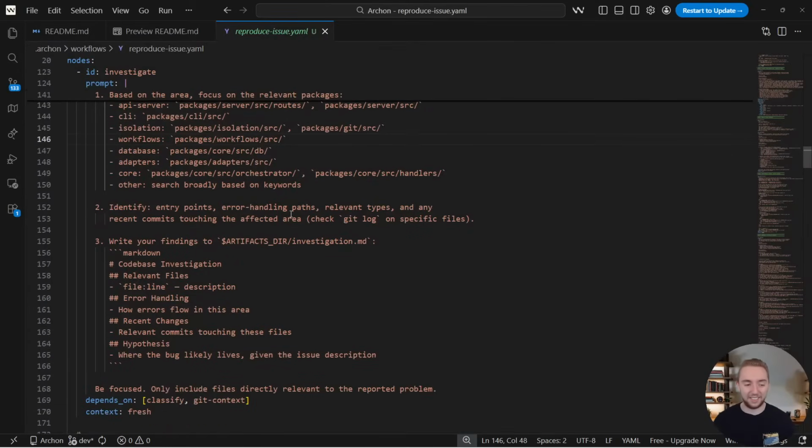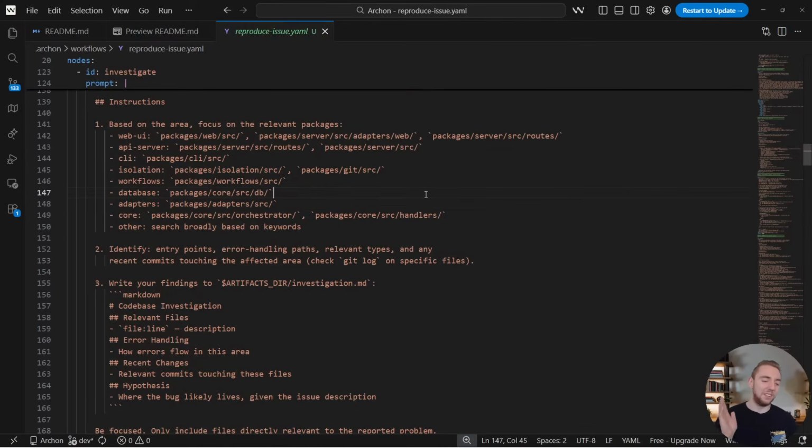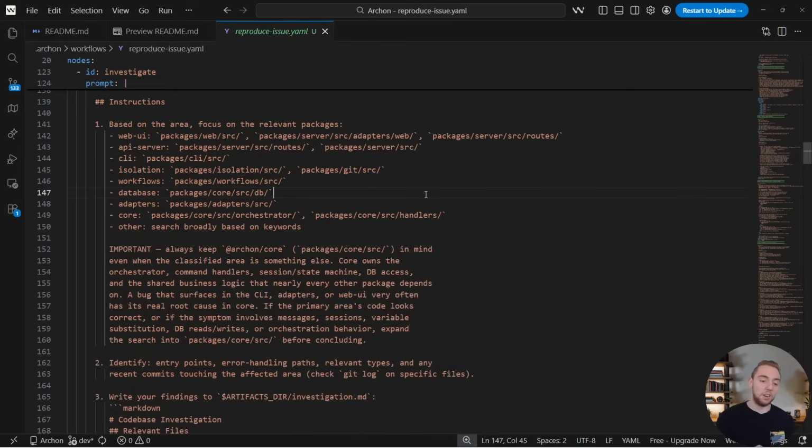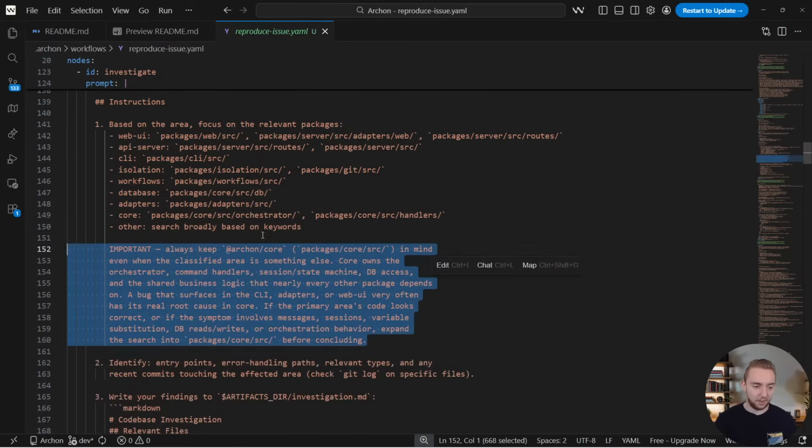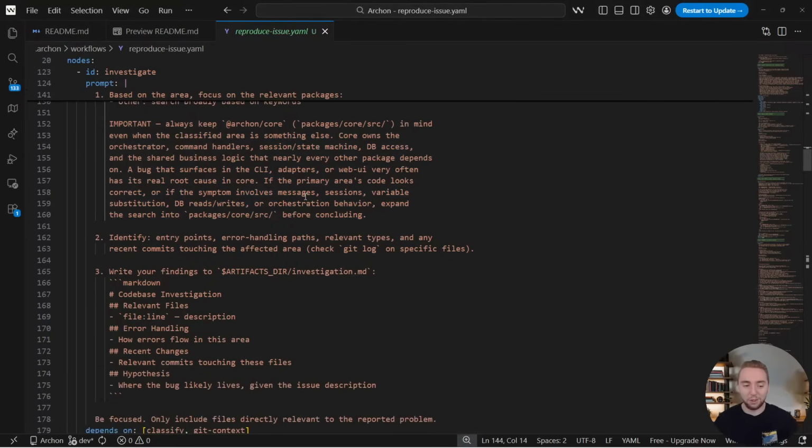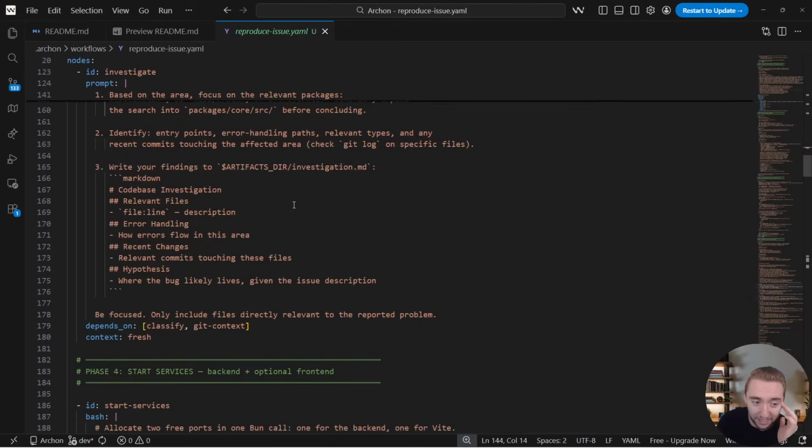Just trying to give you guys an example of what it looks like to actually improve the workflow based on just looking through the prompts. Because I've shown this a lot in live streams in the past, building Archon workflows. You can see it added right there. It looks good. But I've never really shown what it looks like to really analyze the prompts and improve the prompts. If you want to get the best results with Archon possible, you definitely want to not just vibe code the workflows. Look through this and make sure that it actually makes sense.